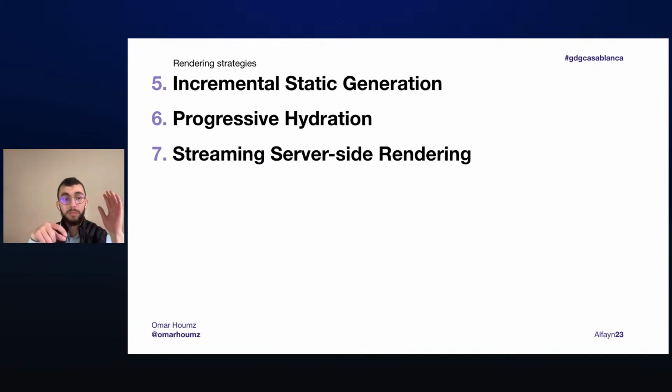In streaming, we can send the data to the user as soon as it's rendered, as it's ready. So if I have 3 sections, the first section is ready, we stream it to the user, so the user sees the first section. We move on to the next section, we send it to the user, and we go on until the page is fully sent back to the user. Again, streaming